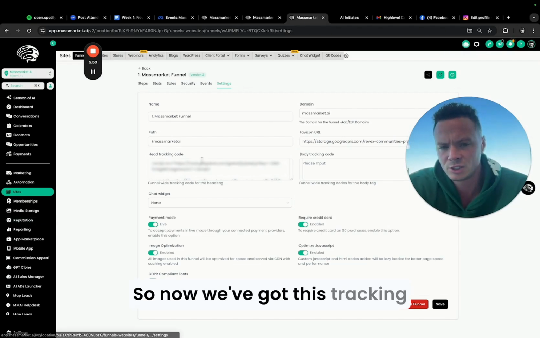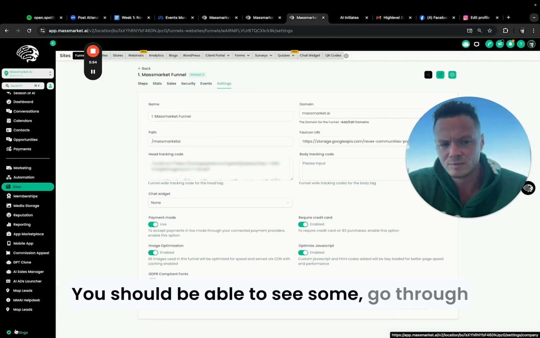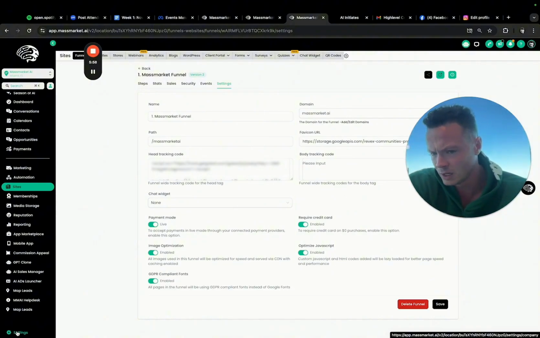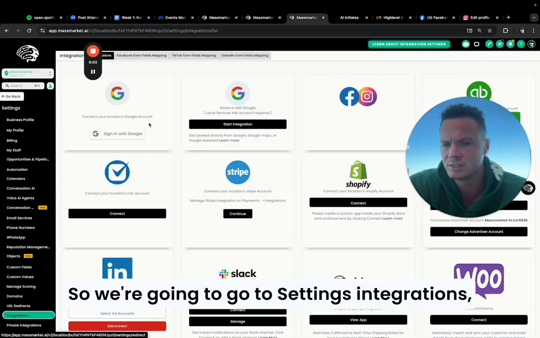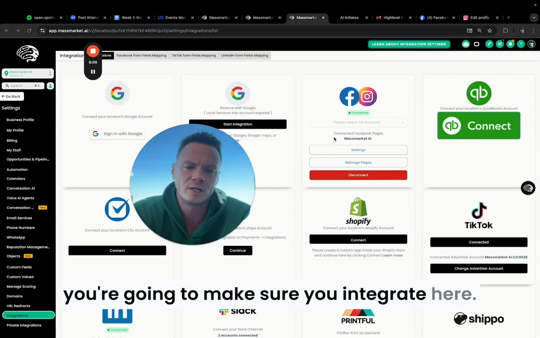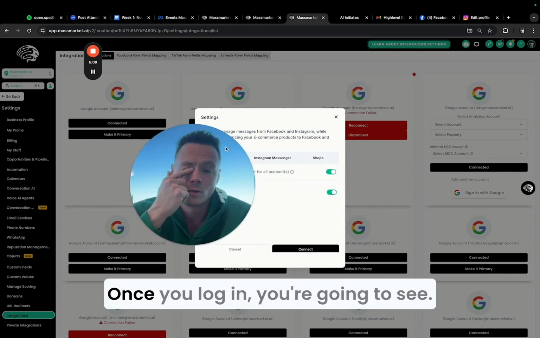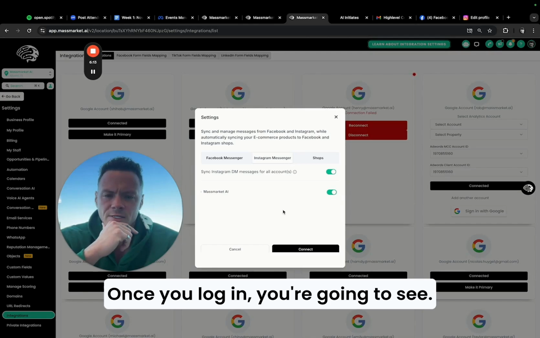So now we've got this tracking code in, the website's connected. You should be able to go through some testing with Meta. And again, that's basic, so I'm not going to go through all that. So we're going to go to settings, integrations. You're going to make sure you integrate here. So you're going to hit login. Once you log in, you're going to see,